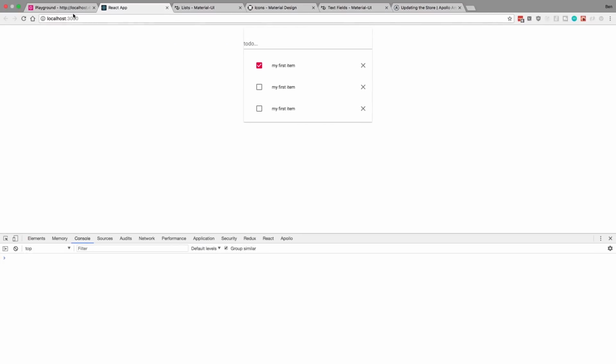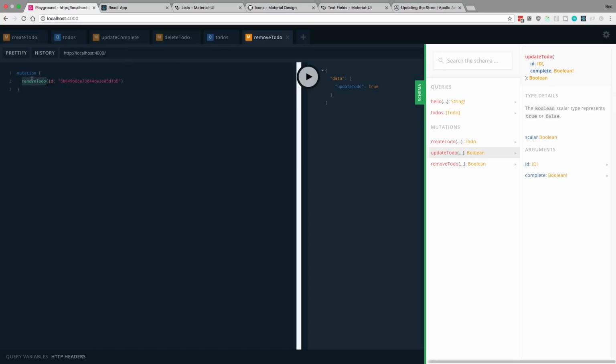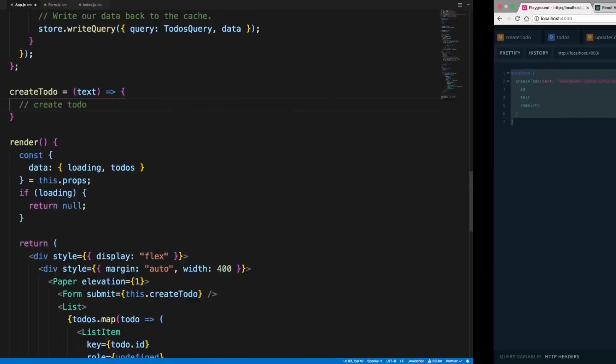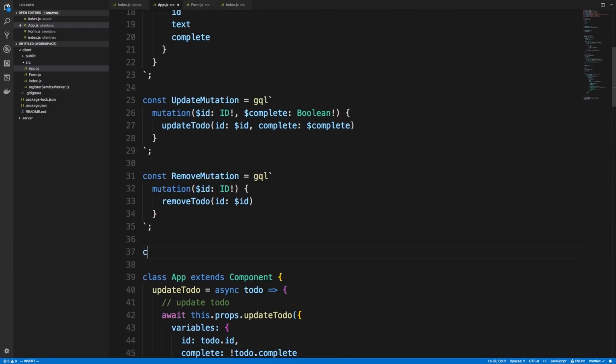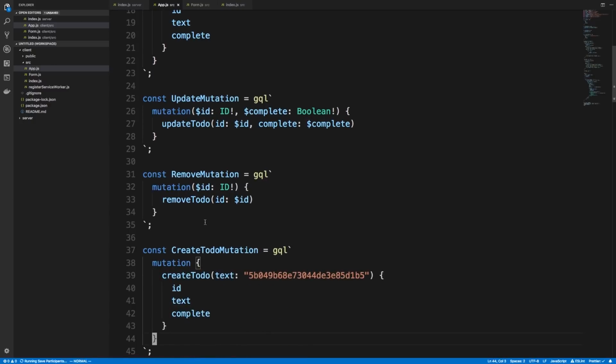And we want to come over here to our playground and do create to do. And really there's only one value for this, which is the text. And then what stuff we want to get back. So the ID, the text, complete, and we want to get it all back in this case, and we'll see why in a second. I'm going to say const create to do mutation, pass that in,